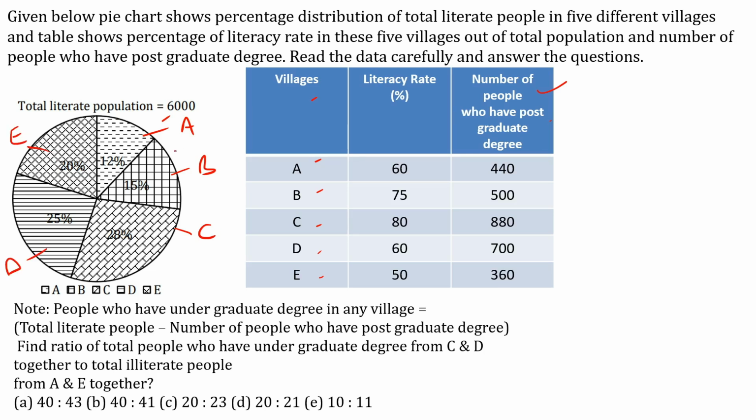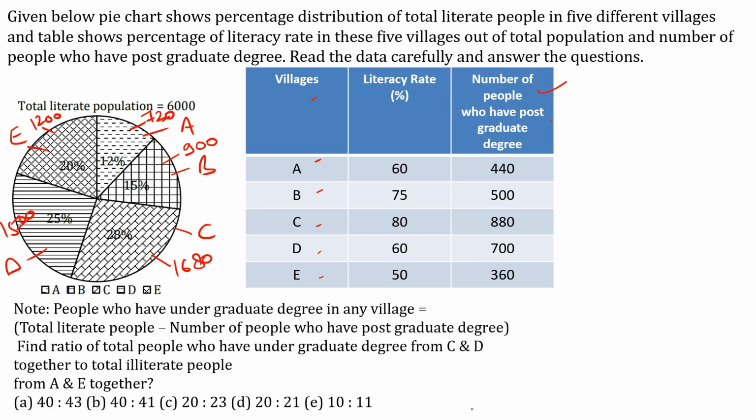Okay, if we calculate, guys, so 12% of 6,000 will be 720, obviously, and 15% of 6,000 is 900. So this will be, guys, 900. And this will be 6 8s are 48, carry 4, 6 2s are 12, 16, 1680, and your D will be 1 by 4 of this value. That means 1500, and 20% means 1 by 5 of this value. So obviously, guys, 1200. Okay, 1200 will be the value here.